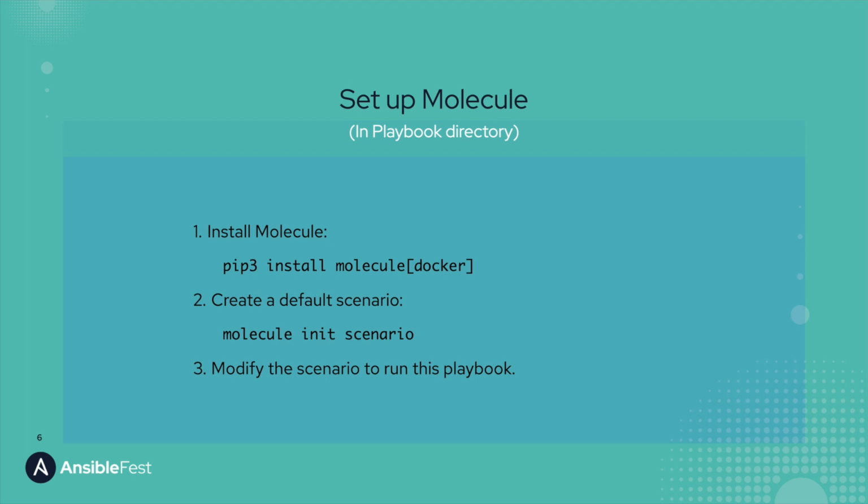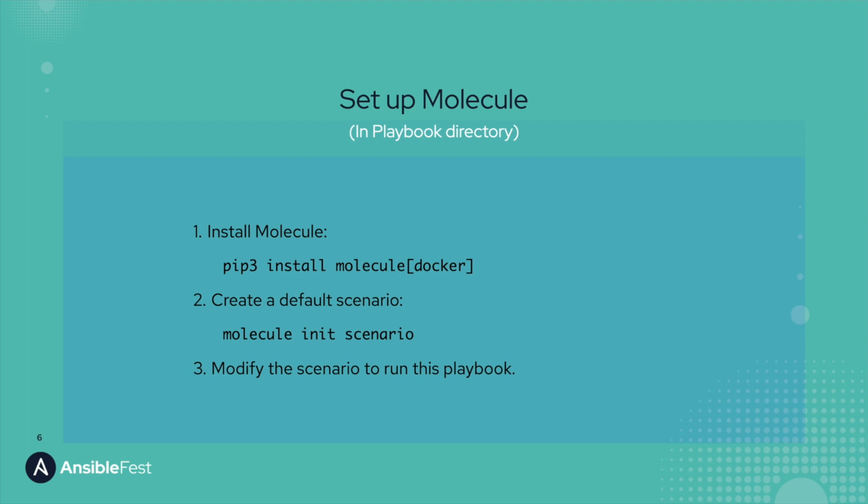So if you had a really complicated playbook and it did 5 different types of servers, you might want to have a different scenario for each server, but for most of my playbooks, I just have one scenario, and this will create a scenario called default, and default is the default scenario that's used if you just run Molecule commands. So we're going to create that scenario, and then we're going to make a few modifications to have it run